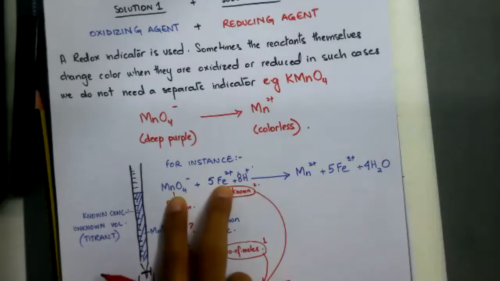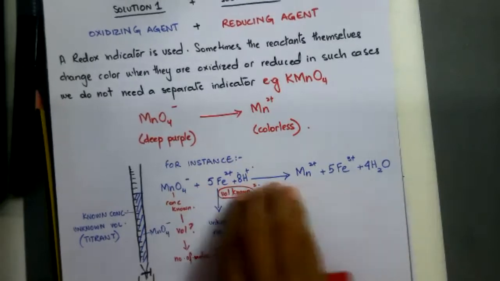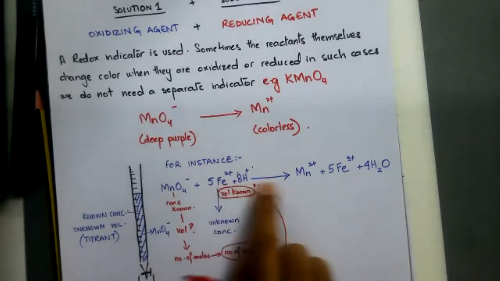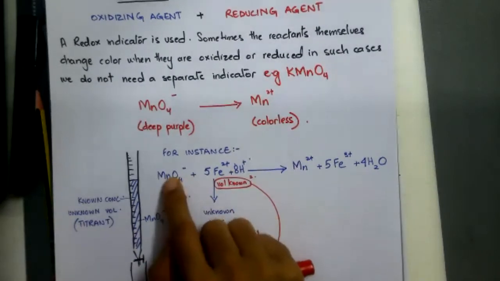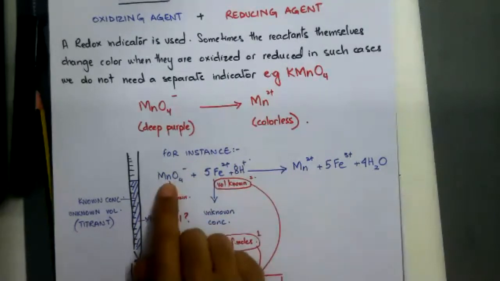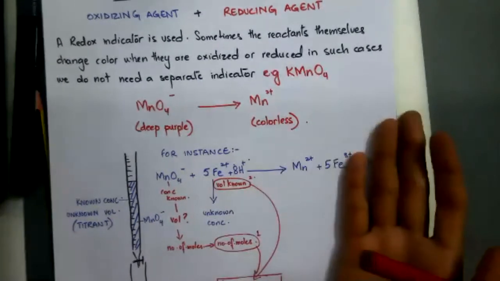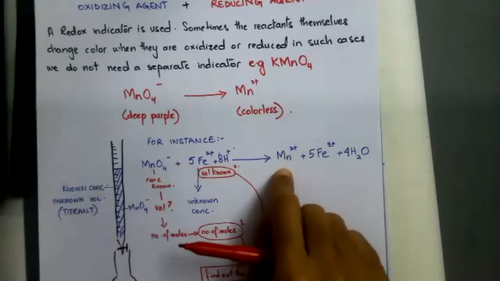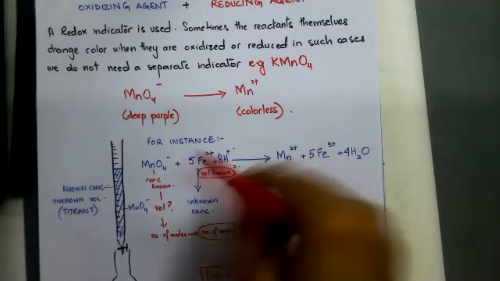So we have these two reactants, and this hydrogen ion, don't be confused by that. It is only indicating that this reaction is occurring in an acidic medium. The two reactants are here, oxidizing agent and reducing agent, and there's a color change. In this particular example, the oxidizing agent itself is changing color. Manganate is deep purple in color. Manganese 2+ is colorless. So we don't need an indicator here, because the reactant itself is changing its color. So when you see that the purple color is gone,